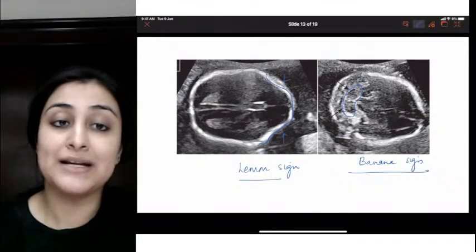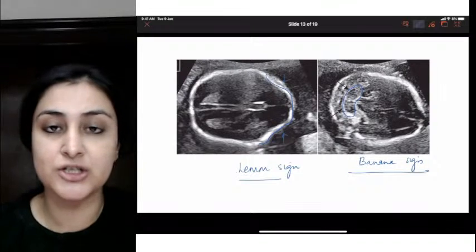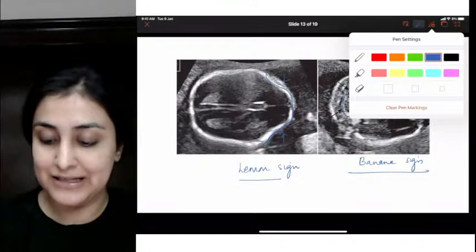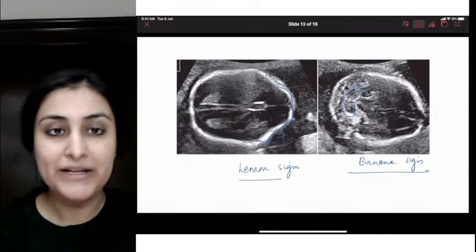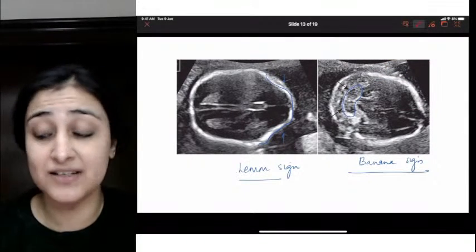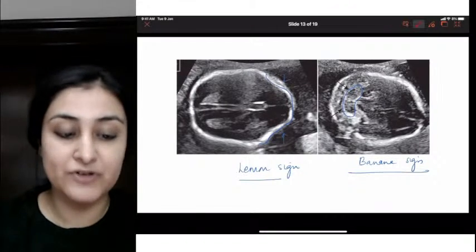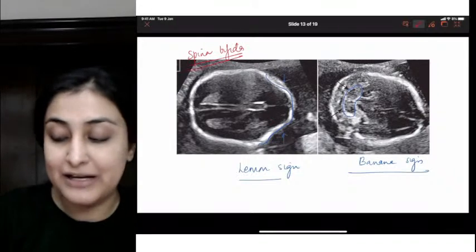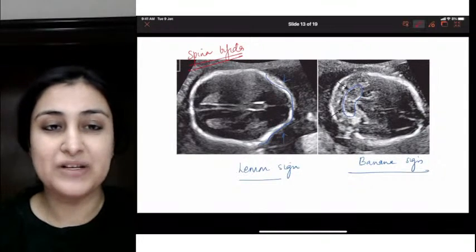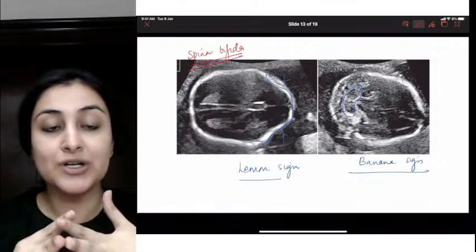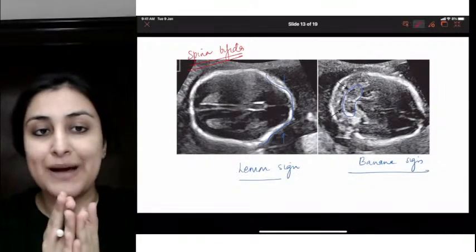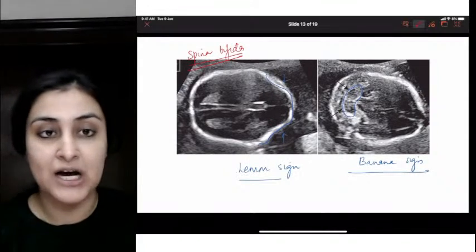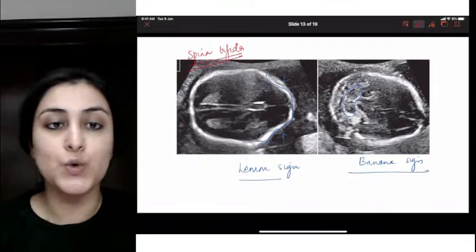Options they'll give you in the exam are anencephaly, Arnold-Chiari malformation, Dandy-Walker malformation. What do you want to choose? Which out of these three do you think will have lemon and banana sign? So yes, one very big misconception I would like to say, or something which is not the perfect answer, is when they teach you it's spina bifida. Remember, spina bifida is a very non-specific term. All right, it means that the neural arch is not fused. Whenever the spinous processes are not fused, that is called a neural tube defect or a spina bifida. It in no way represents what else is going on in the body.